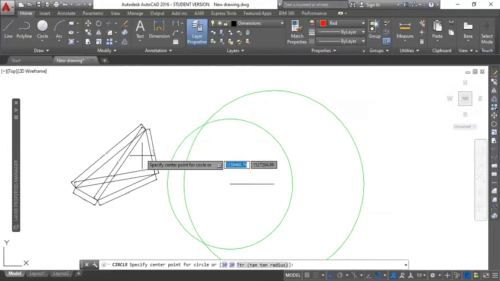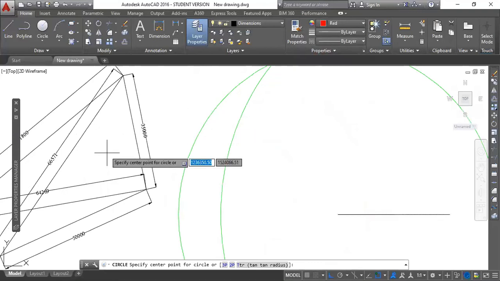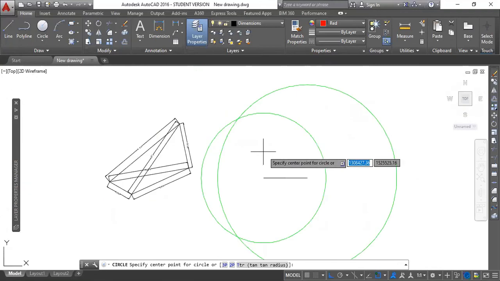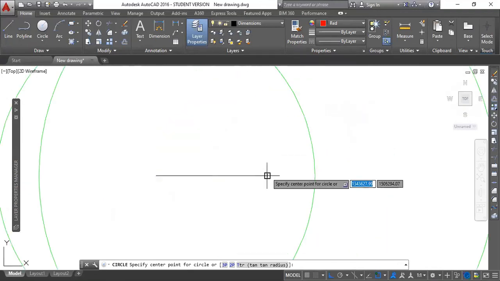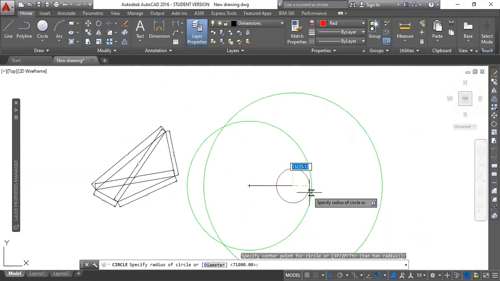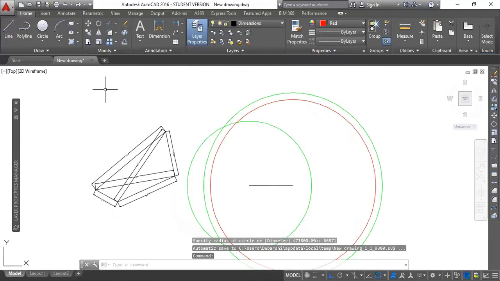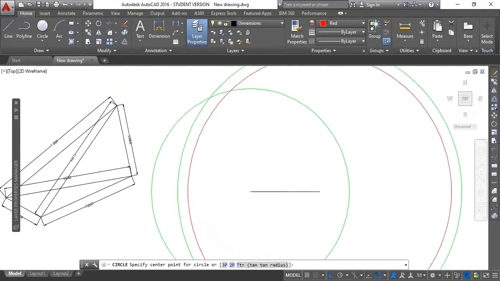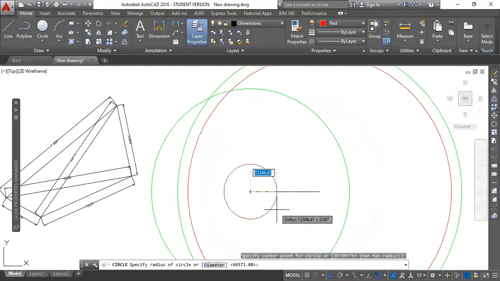So now I'm going to plot the diagonals. So I know one of the diagonals is 66.571. So from this corner 66.571, and then another diagonal I have is 64269 mm. 64269 mm.